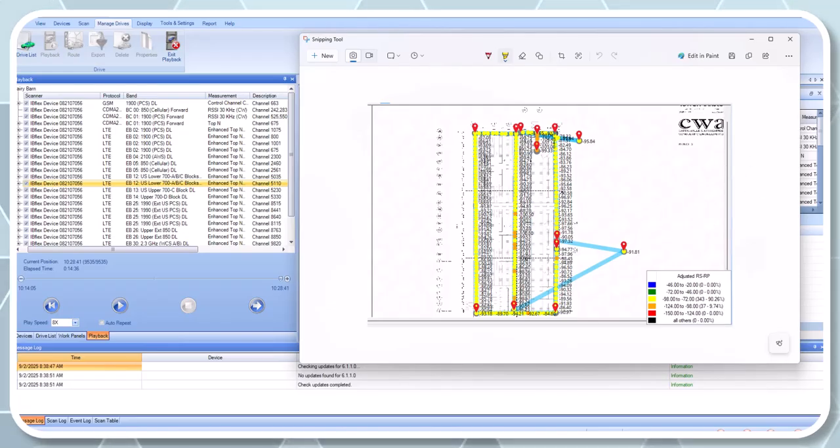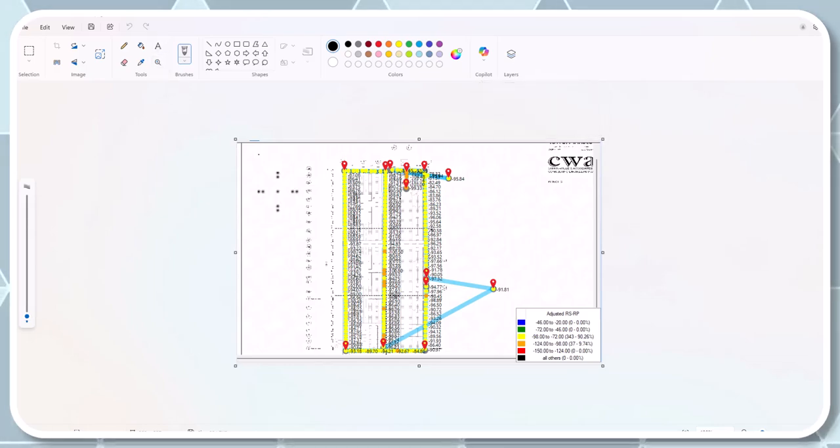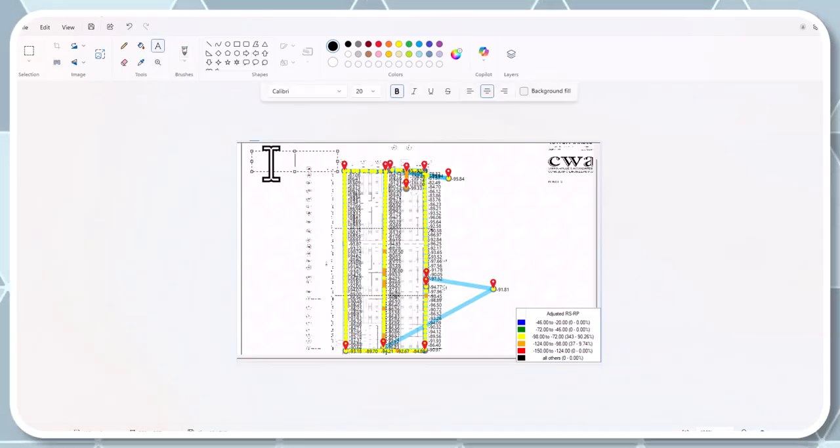Let's go ahead and label this with the 5110. We can open it up in Paint, and I want to do it with the little text box. With the text box, I'll just say 5110,